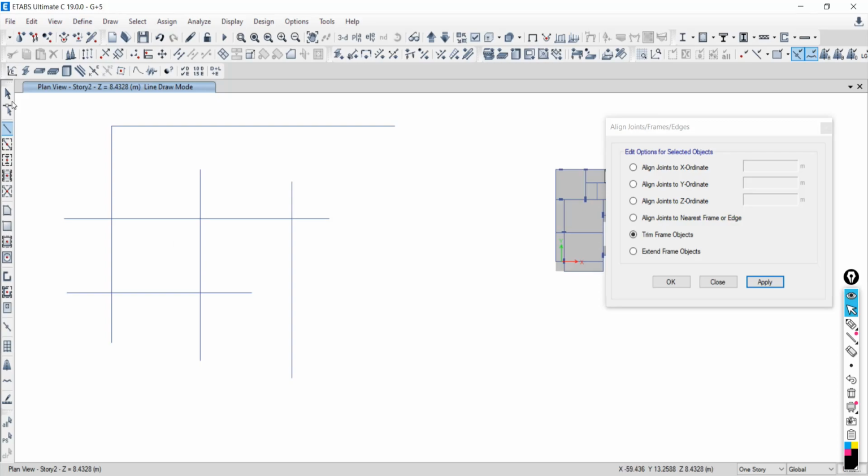This kind of line is there. Okay. Now I want to extend this frame up to this frame. Then choose this option. Now say apply.